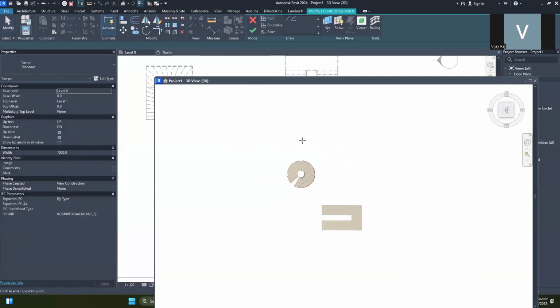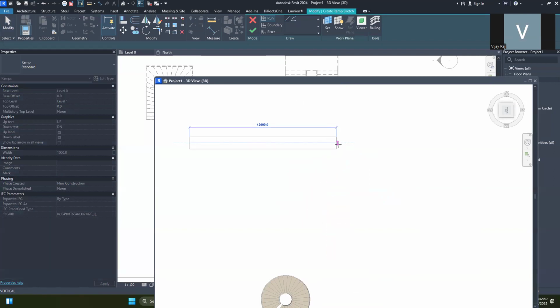Ramps won't be a complicated thing. It will be easier than a staircase. It will always be a straight run only in a ramp. Very rarely it will have a